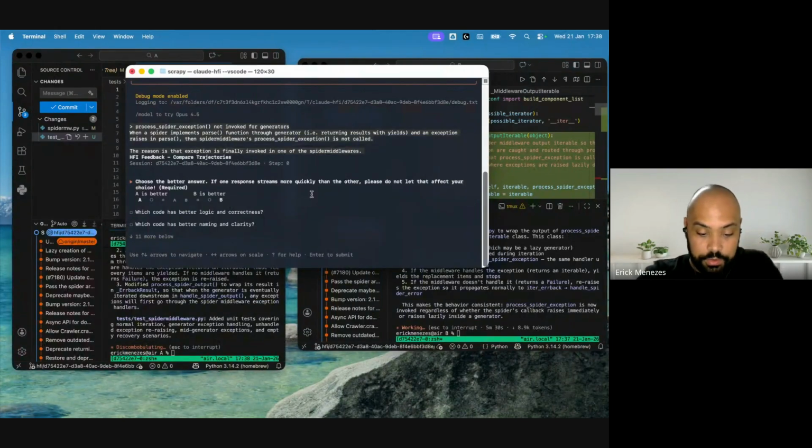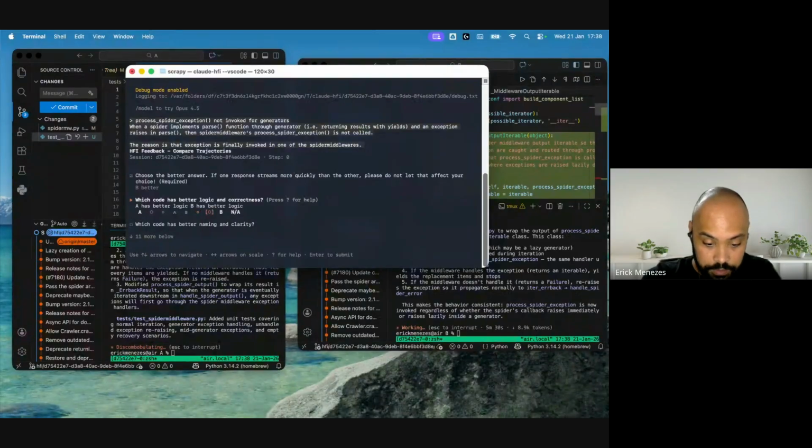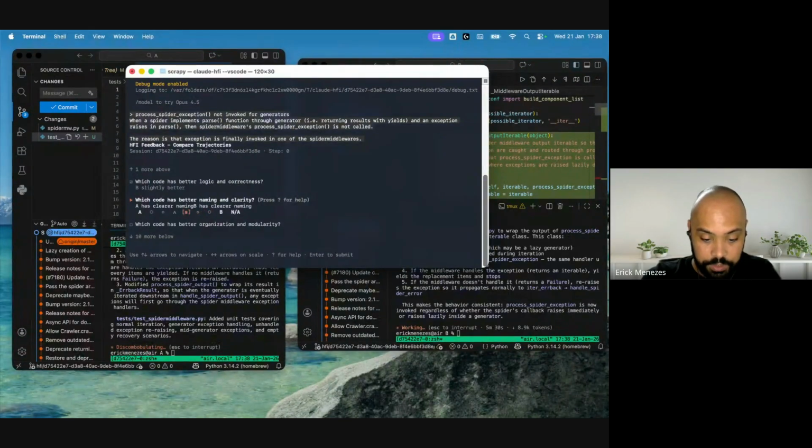So you are going to evaluate the models on the Likert scale. For those who don't know what a Likert scale is, basically you are telling what's better, who's better, slightly better. So you have to choose. I'm going to say here that A is better, B has better logic, naming and clarity. You're going to choose based on your experience, and you're going to give the models feedback on their work, which one was better, what they didn't do well.